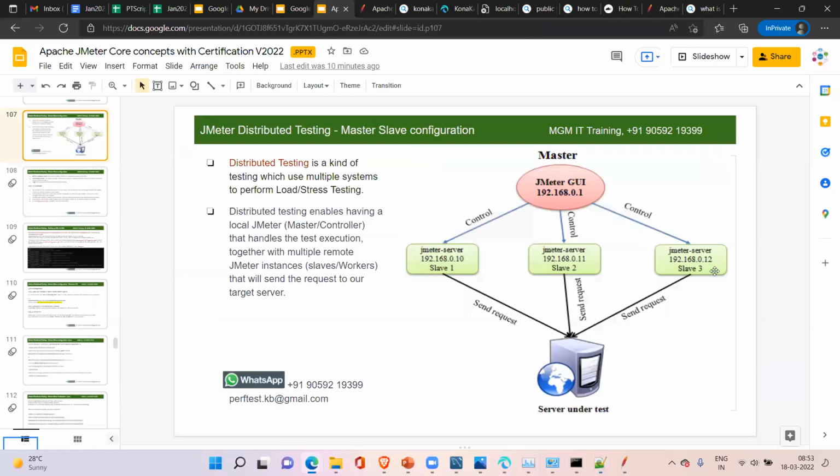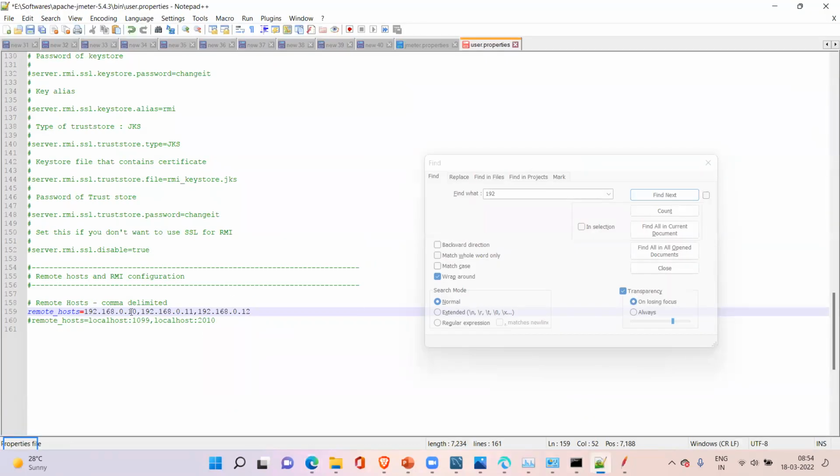Suppose your slave machine IP addresses are like this; you have to enter the IP addresses of the slave machines separated by a comma.